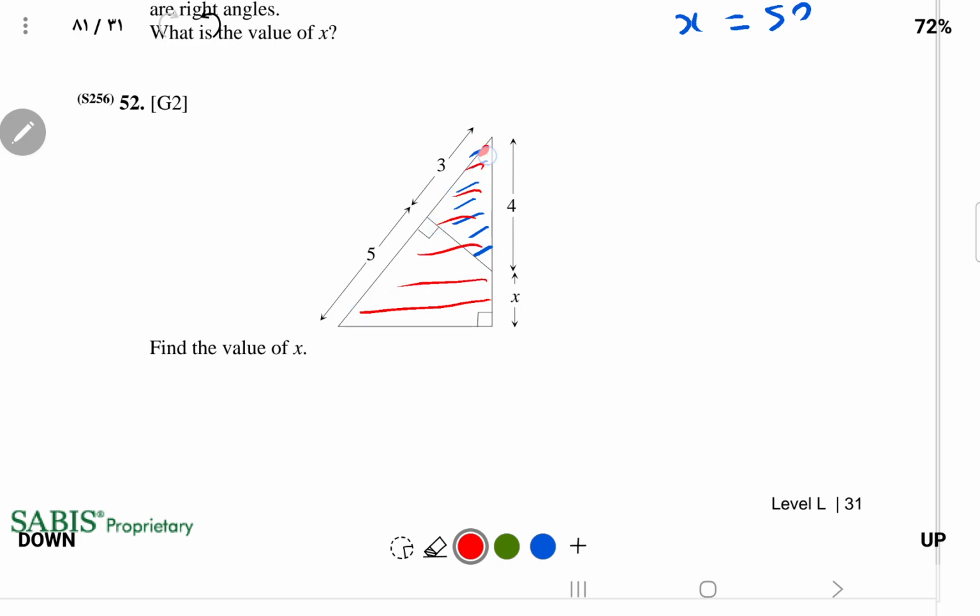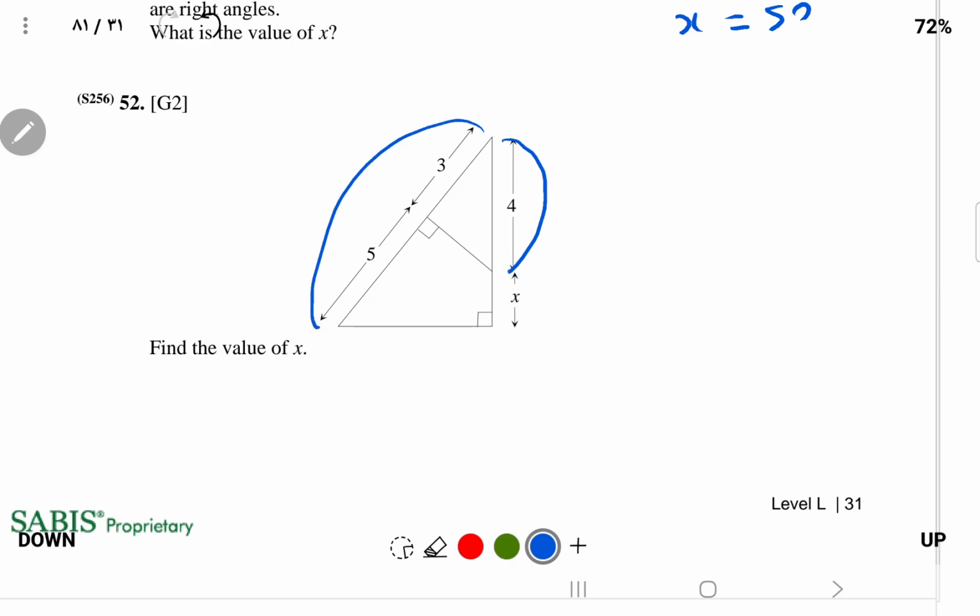Since we have an angle in common here and two right angles, this means three angles in the first triangle are congruent to three angles in the second triangle. So these two triangles are similar. We can do similarity. To do similarity, you can say hypotenuse divided by hypotenuse, of the small divided by hypotenuse of the big,